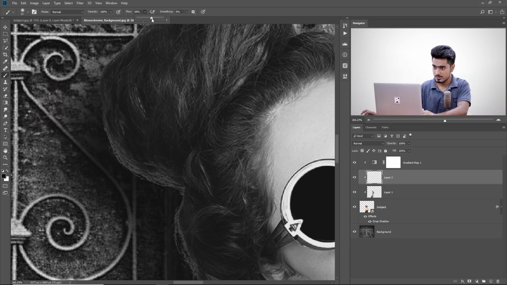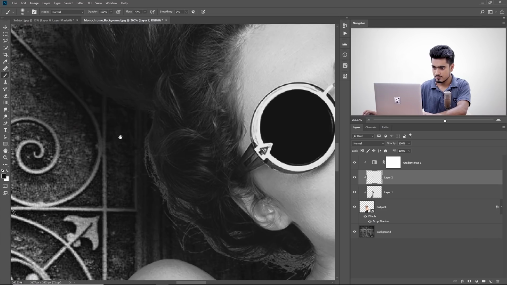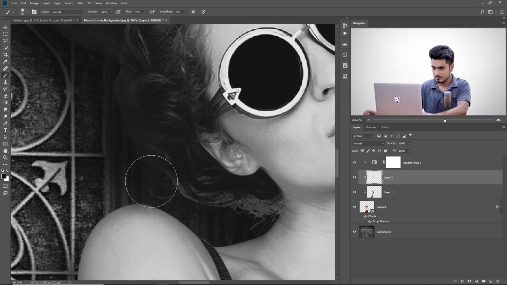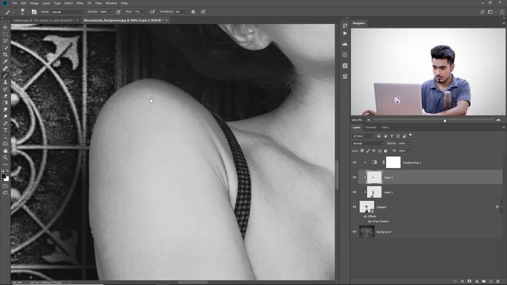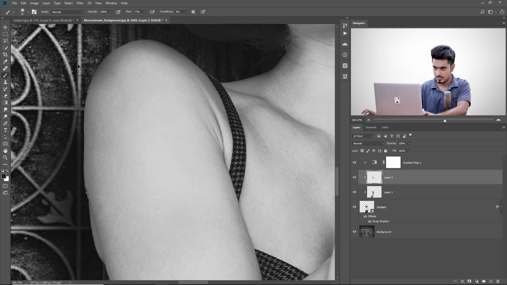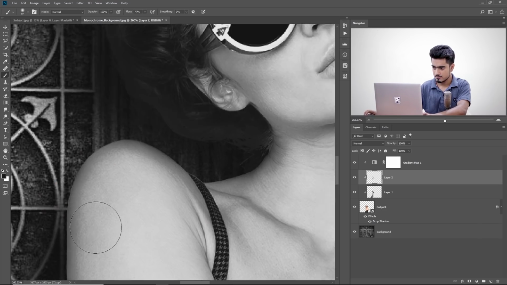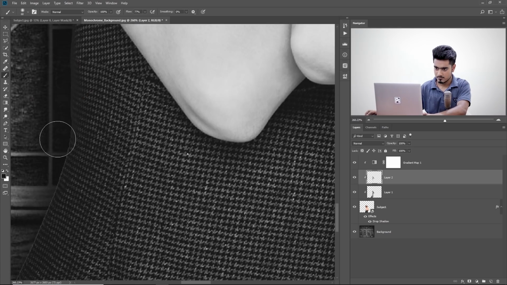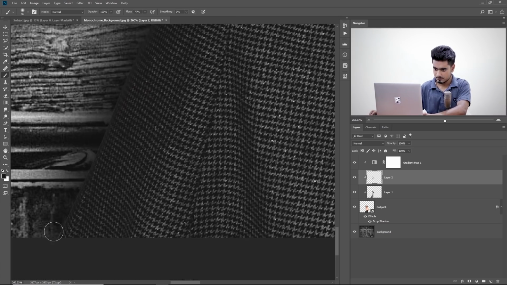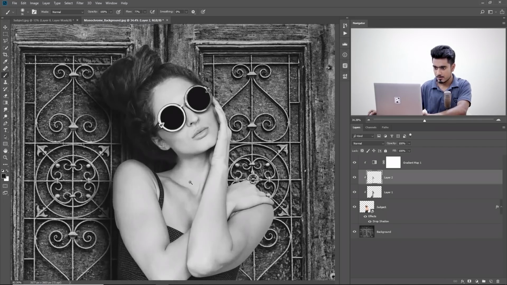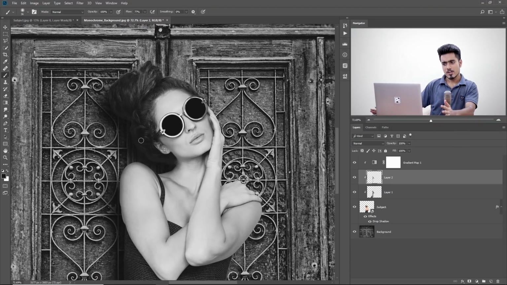And this time increase the flow to somewhere around 77, a high number like that, and just keep painting. Don't worry about the edge. It looks a little strange, but don't worry about it so much. Okay. Now, it looks not that dark, so we're gonna make it a little darker by